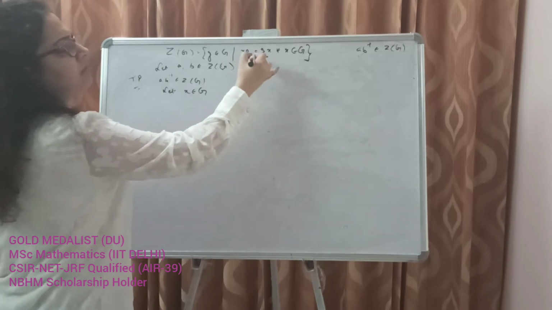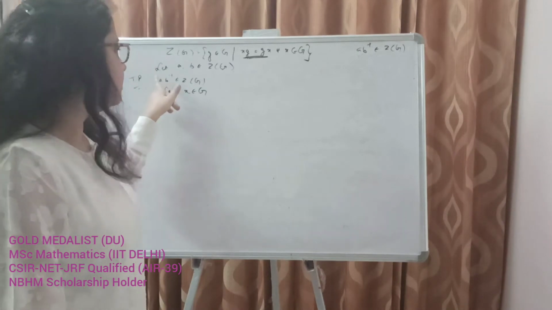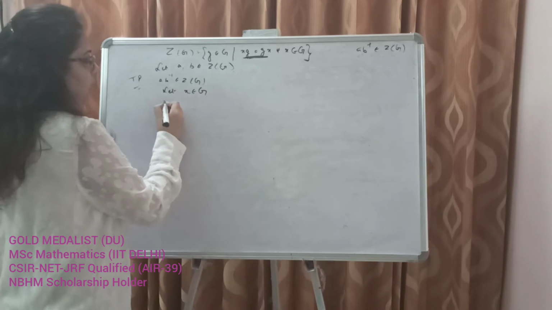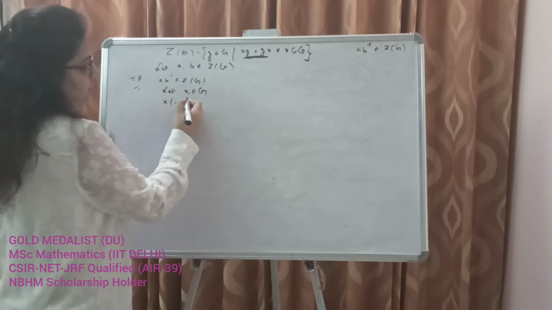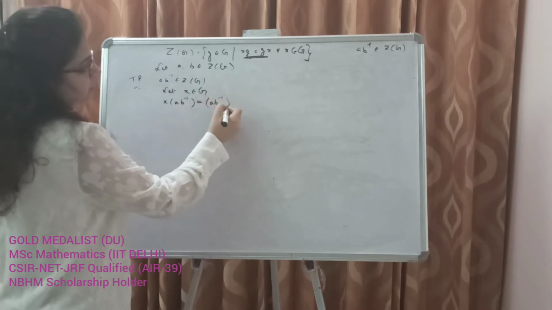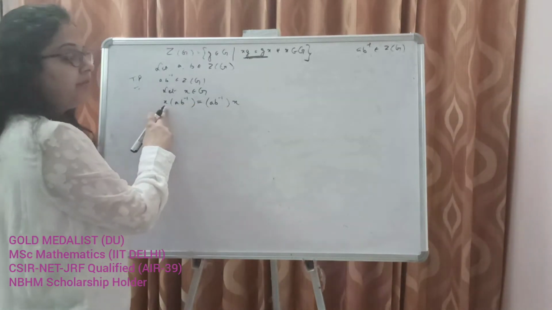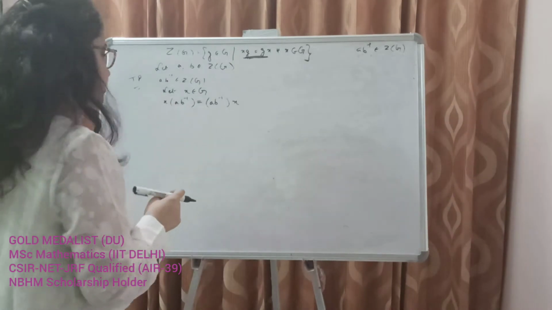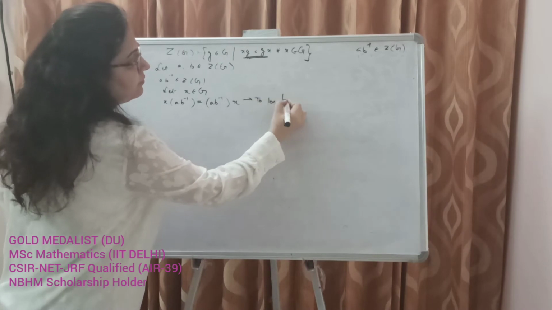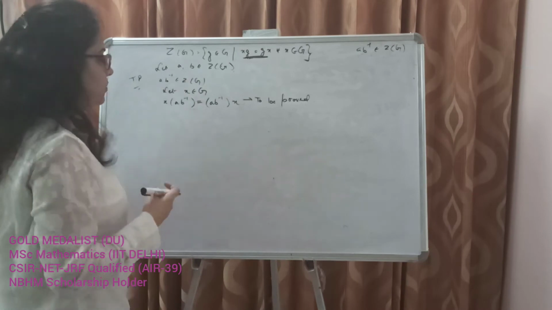We just have to satisfy this condition. If this condition is also satisfied for AB inverse, it will mean that it belongs to that subgroup. So x into AB inverse should be equal to AB inverse into x, if this condition holds and x is any arbitrary element of G, any random element of G, right? If we are able to prove that, then this will be a subgroup of G.